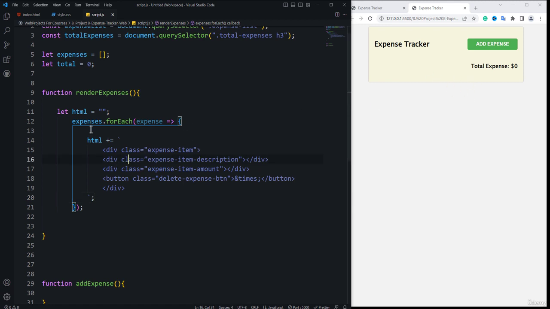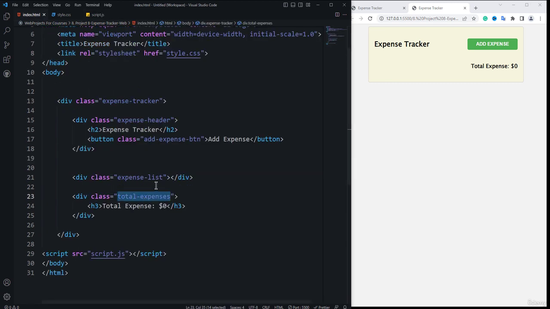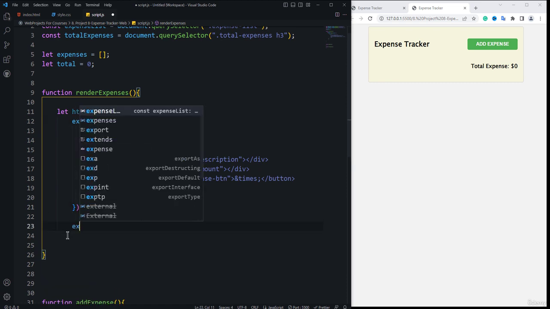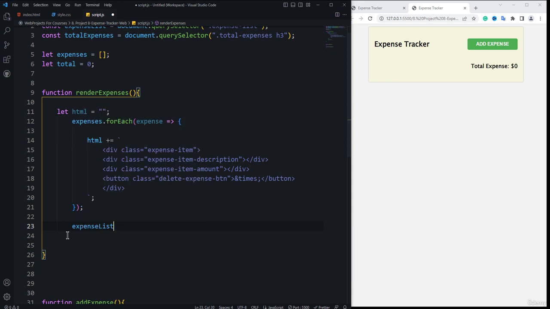The reason for that, we need to update the inner HTML of this class list, which is the expense list. So we are going to do that. Where is our JavaScript? This is the JavaScript code. So after the end of this forEach method, inside of that, first we need to use the expense list dot, and we are going to update its innerHTML equal to HTML, and then we need to